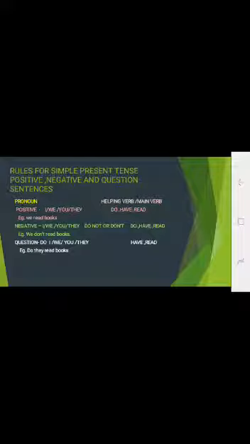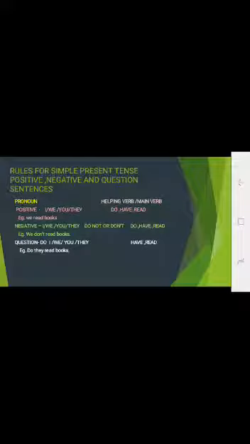If I have to frame a negative sentence, then also the same pronouns I, we, you, they. But with I, we, you, they, what word goes for negative? Don't or do not. And the helping verb again is do, have, read. For example, we don't read books. I can give you one more example. We don't do our work. She doesn't have books, like that.